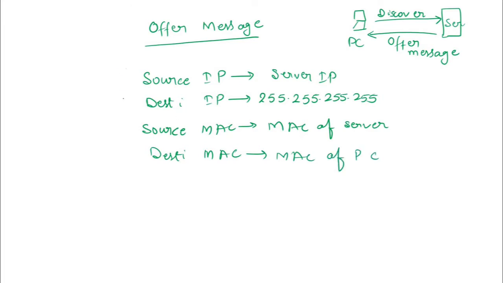So if we talk about layer 3, it is still broadcast because it is using the broadcast IP address here. But in layer 2 it is not using the broadcast MAC address, it is using the specific MAC address. So we can say that it is unicast, that is one-to-one communication happening now in layer 2. Clear, guys? This is a very important thing: in layer 2 it is unicast, and in layer 3 it is broadcast. Any doubt in this offer message till now?